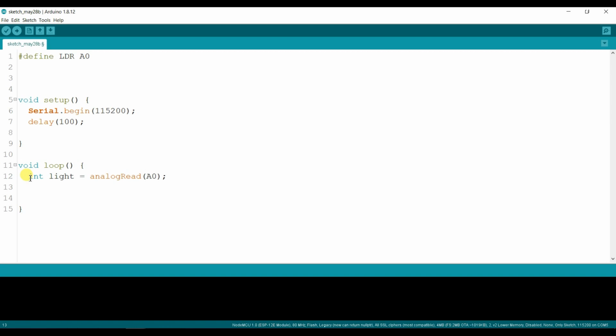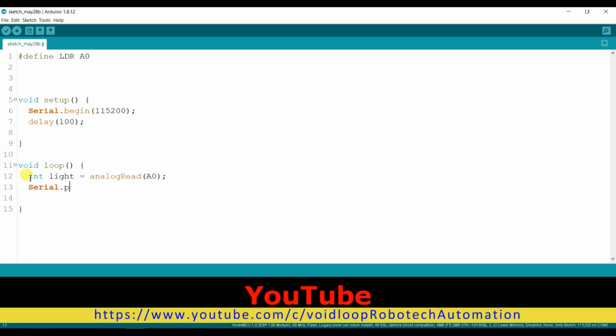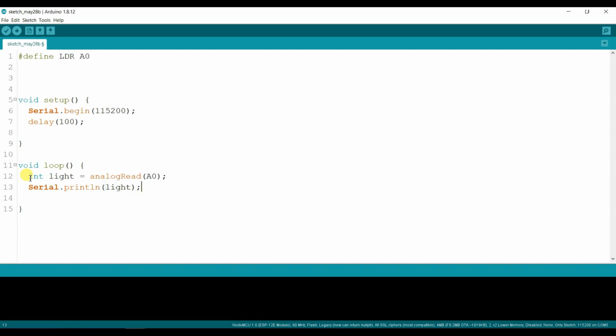And here I will print the light value on the serial monitor. Serial.println(light). I will put here a delay of 150 milliseconds.